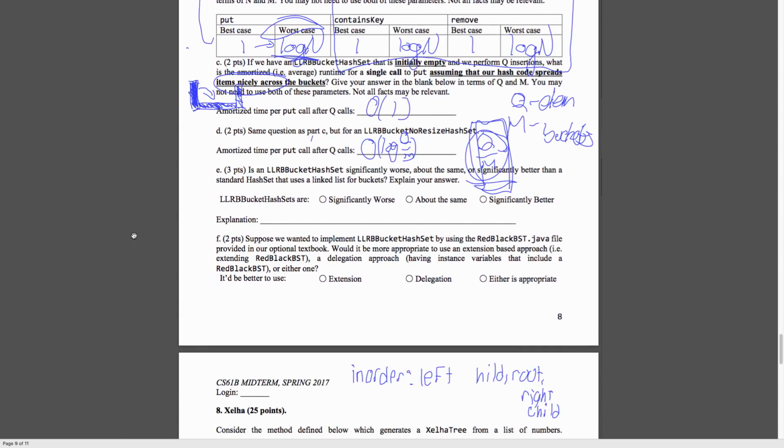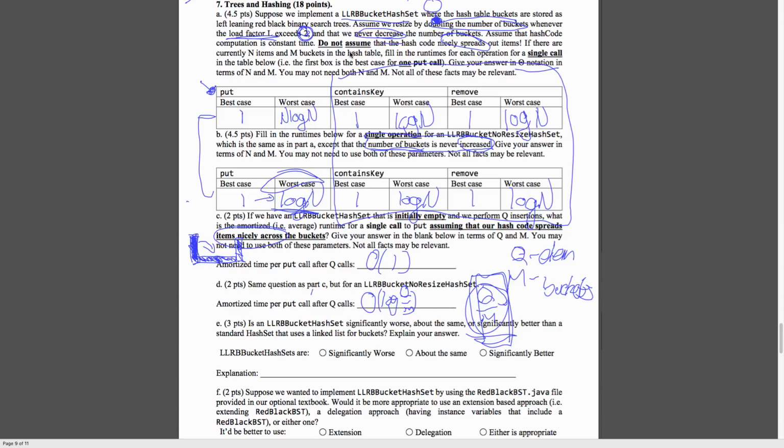So for part E, this one is to tell if it's significantly worse, the same, or significantly better. And by significantly, we just mean amortized wise, there's a difference. Actually, all of the answers can be correct if you can explain it correctly. So if we assume that we're starting with part A, where it's assuming that there is no nice hash code